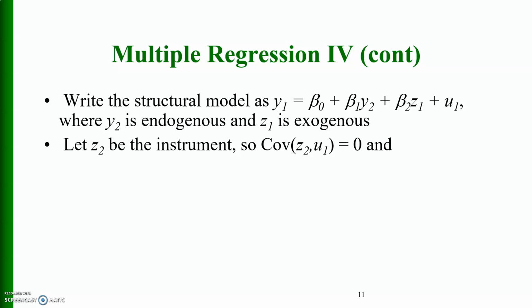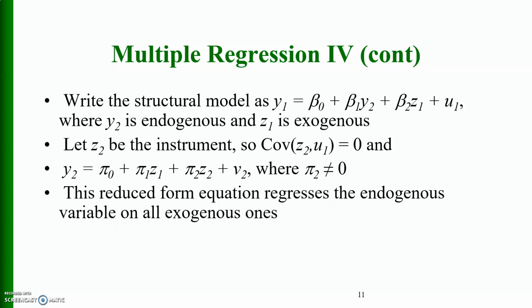And let us assume that z2 is the instrument, so the covariance between z2 and u1 is equal to 0, and y2 is equal to pi naught plus pi 1 z1 plus pi 2 z2 plus v2, where pi 2 is not equal to 0. This reduced form equation regresses the endogenous variable on